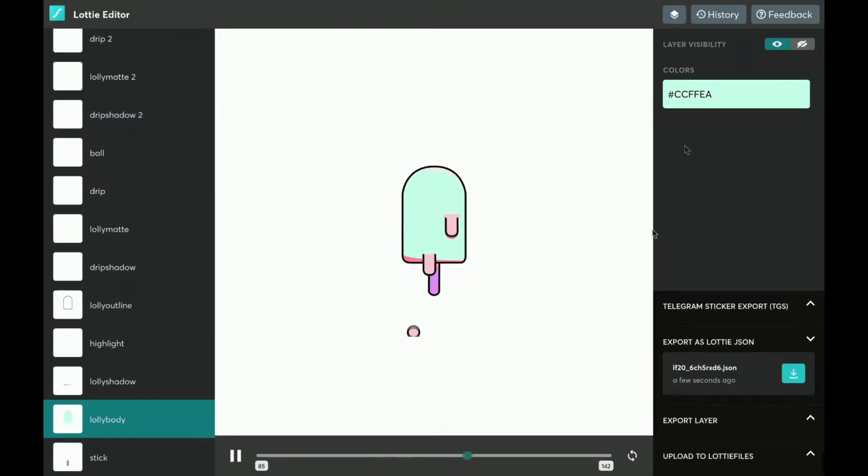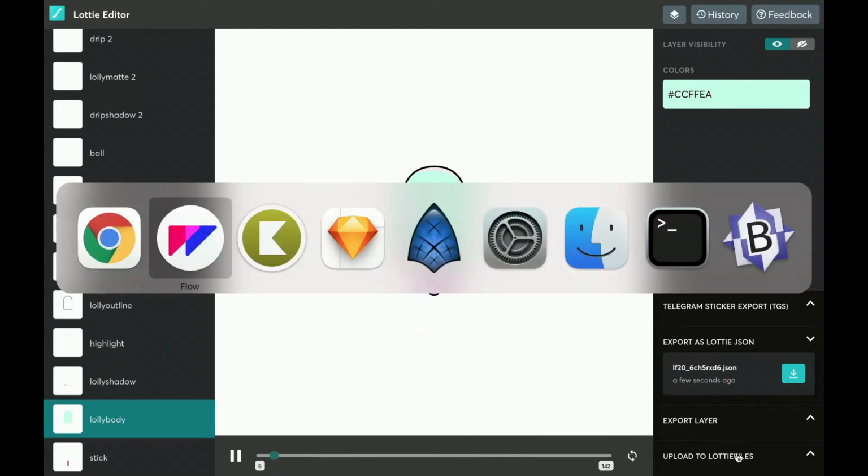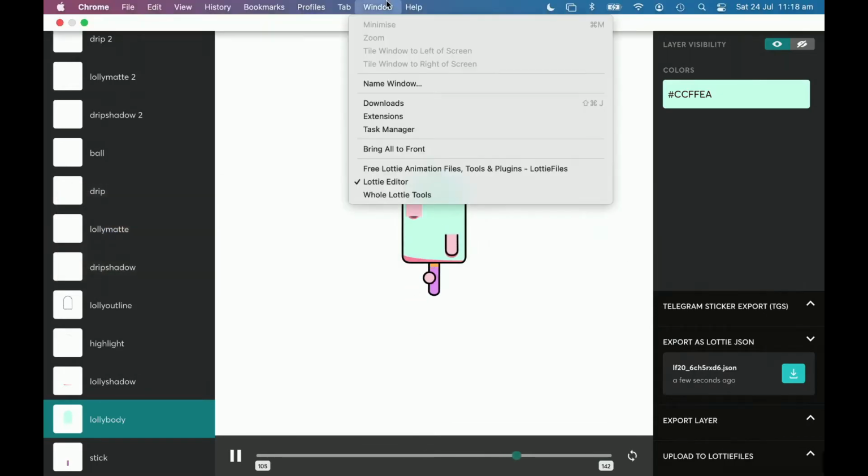So, having edited this, you'll notice there is an export available. So I can just drop this little JSON file straight down onto my desktop, or if I'd done a superb job of editing it, I could put it back on Lottie Files and put a description there as to why green lollies are much better than pink ones. So let's go back and look at,